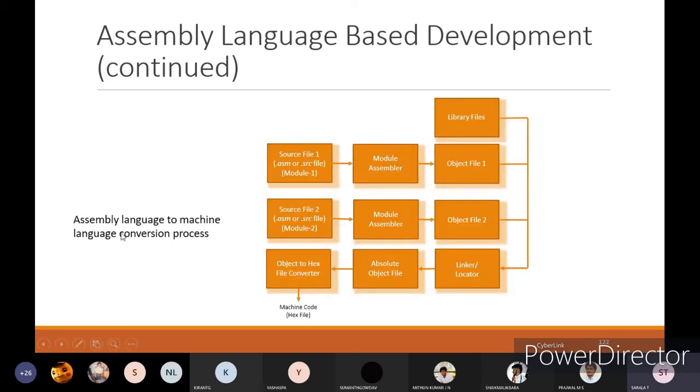You can see here the assembly language to machine language conversion process: source file 1 and source file 2, and you will have the object to hex file converter.